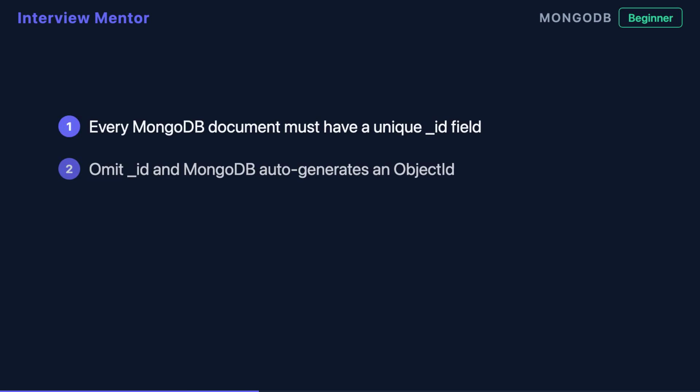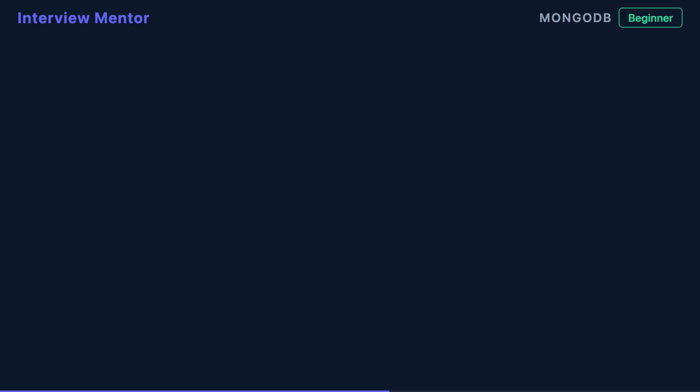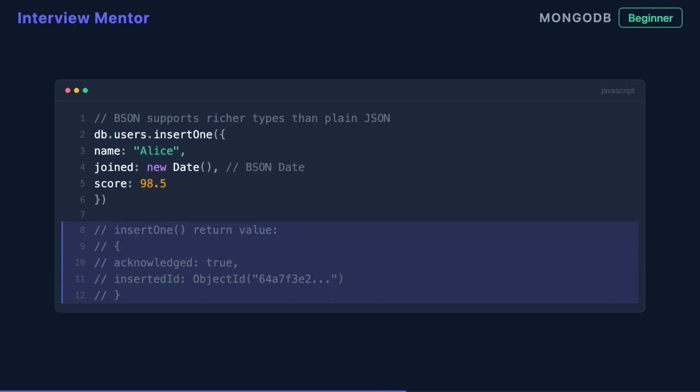Here's something MongoDB handles automatically. Every document requires a unique _id field. If you don't include one, MongoDB generates an ObjectId for you, a 12-byte identifier built with a timestamp, a machine ID, and a counter. You can supply your own custom id if needed, but letting MongoDB auto-generate the ObjectId is standard practice. The object you pass is stored internally as BSON, binary JSON, which extends standard JSON to support dates, binary